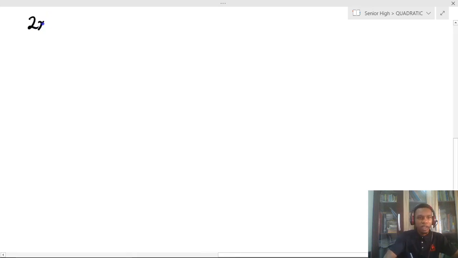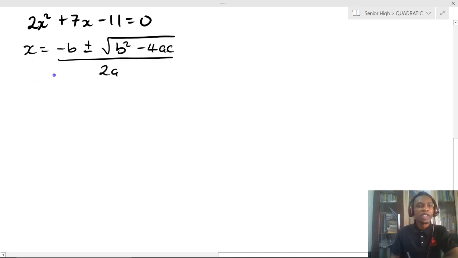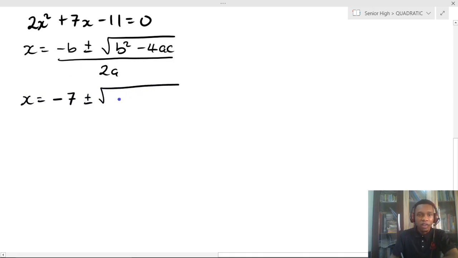We have 2x squared plus 7x minus 11 is equal to 0. Now solving this one again, remember what's our formula? Our formula is x is equal to minus b plus or minus square root of b squared minus 4ac, over 2a. Okay, so solving this, we fix our values. We have that our x is equal to, our b is what? 7, right? So we have